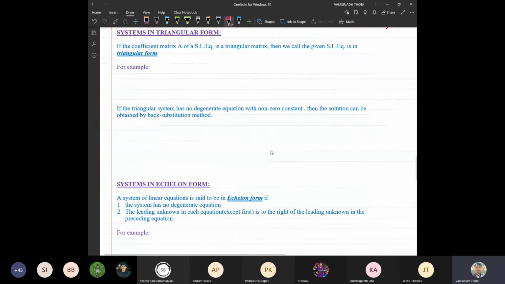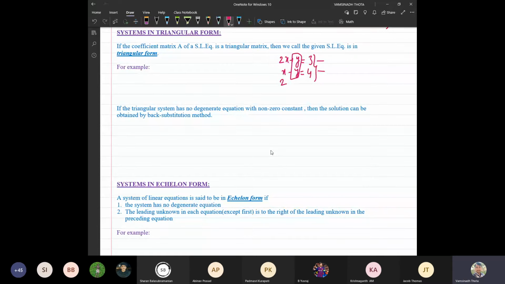It is not that we have not done this kind of elimination earlier. We have done this kind of elimination earlier. For example, maybe in your schooling days, you might have come across this kind of problem: 2x plus y is equal to 3 and x minus y is equal to 4. Solve these two equations. What you have done, the very first thing, you have named them equation 1, equation 2, and then you used to say eliminate y, eliminate one variable. Am I right? By adding those two equations, you have eliminated.